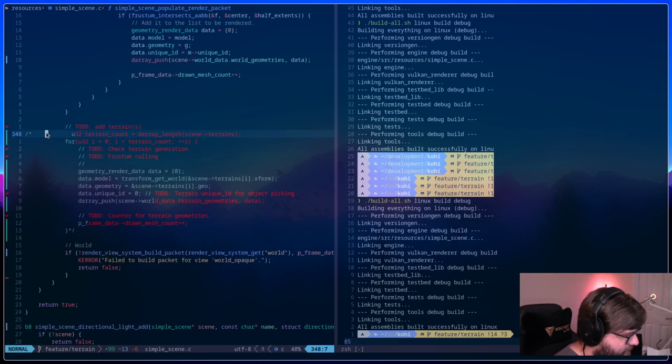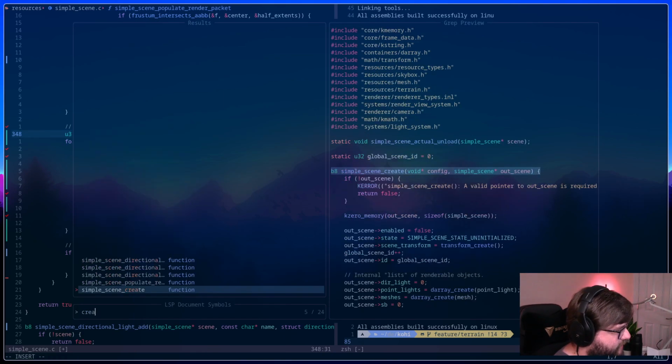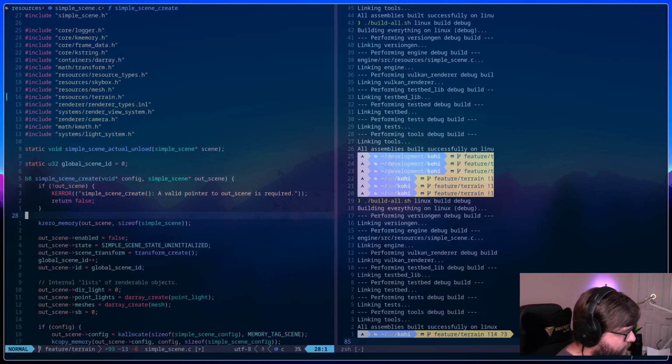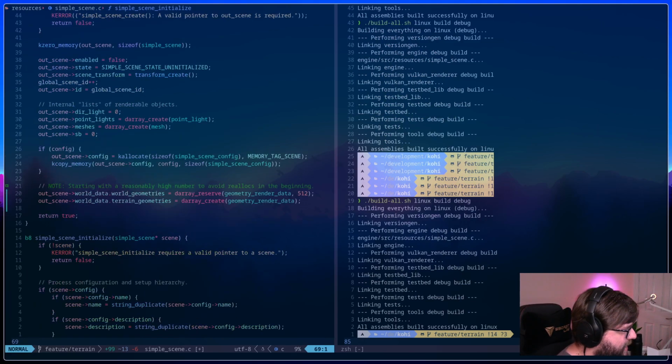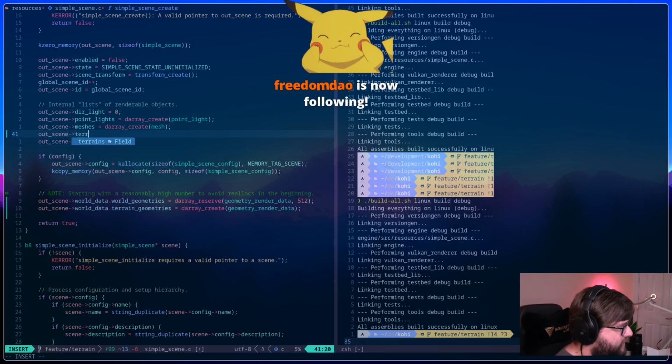Let me see. All right, so I'm going to undo this and see if I can figure it out. Did I not? Oh, I know what it is. I did not initialize the terrains array on create. We added a terrains array, but we did not set it up, and we're using it, so that's bad. Out scene, terrains,